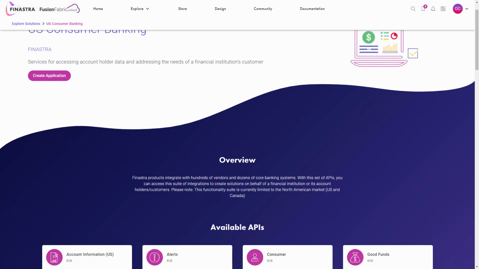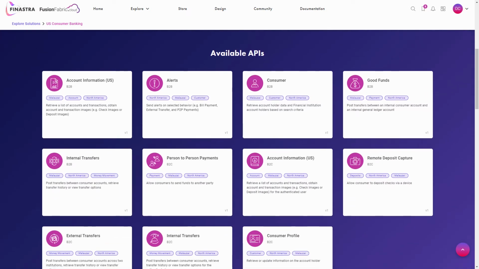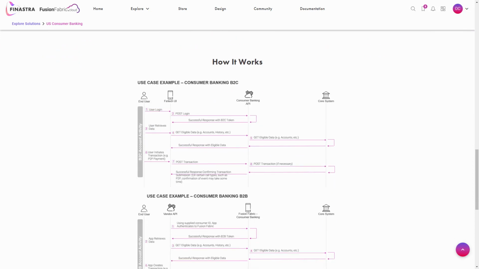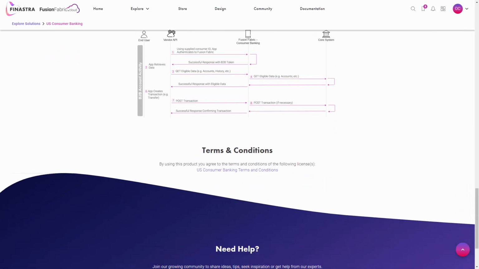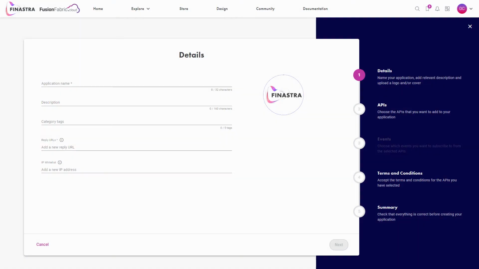This will display the solution overview with the available APIs, its key features, how the solution works, and the terms and conditions you need to agree to before using the APIs. To integrate all the solution APIs into your application, jump back to the top of the page and click Create Application. The application creation wizard opens.